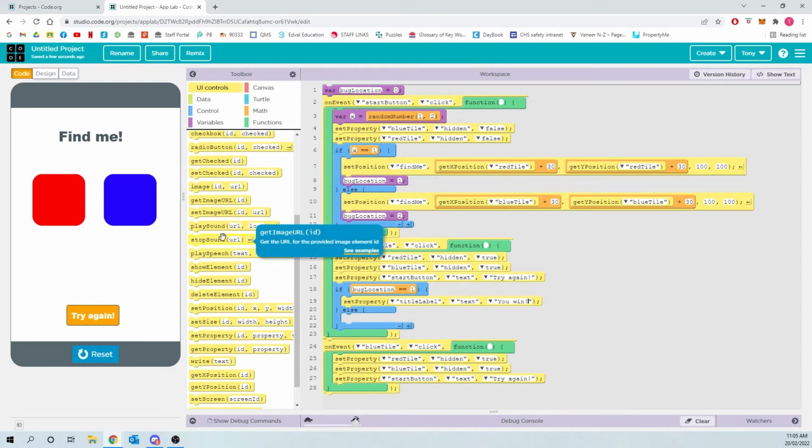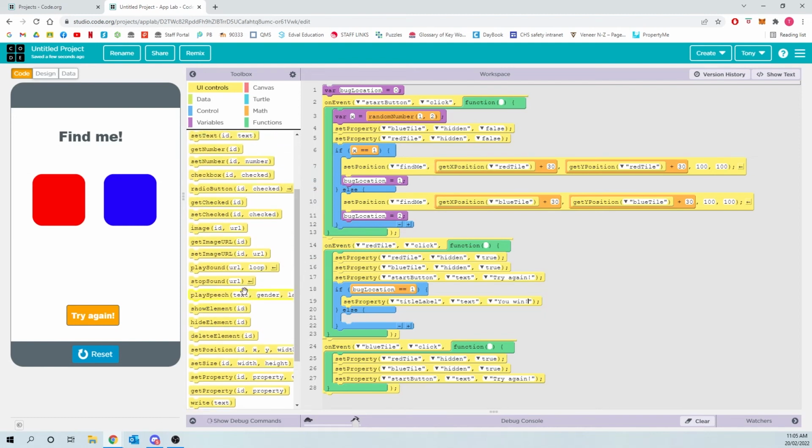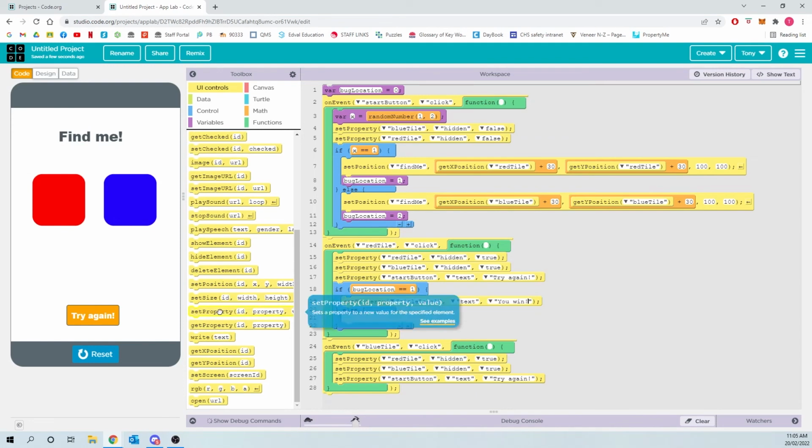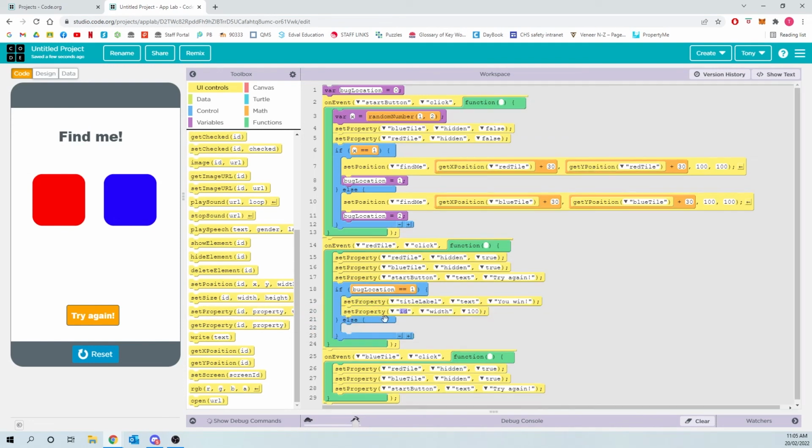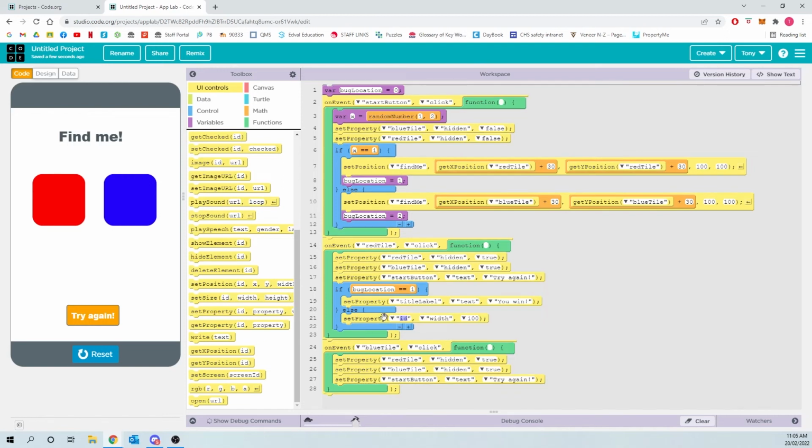And if we guessed incorrectly, which means the bug location would actually be equal to 2, we're going to set the property to say that we've lost. Make sure that it's in the else part of the if statement. So title label, text,